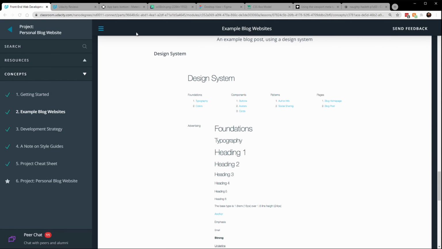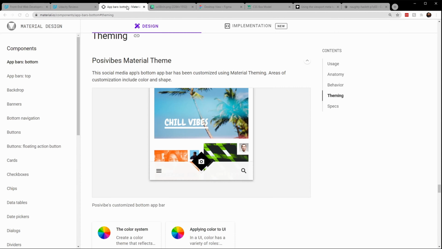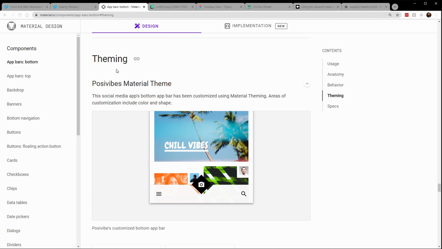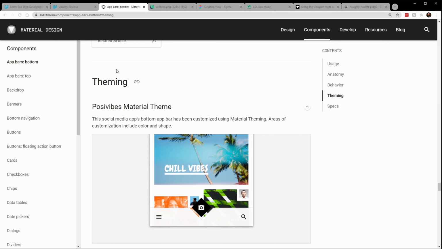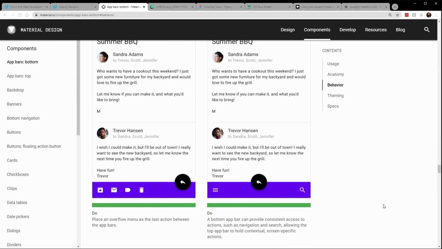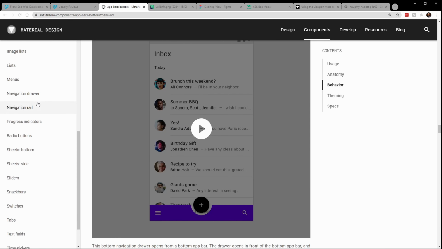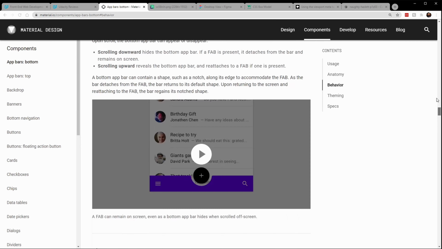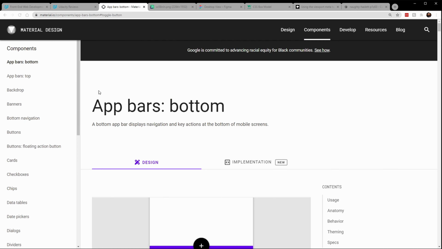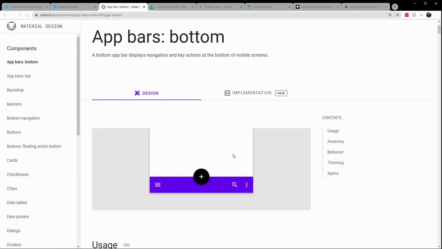And I want to show you another example of a design system that's used in industry, and that is material design. Material design is created by Google. I'm sure some of you have seen this before. They have a whole list of components under material design. And let's look at the app bar component. This might be familiar to some of you if you're using an Android phone, Google phone, or any Google